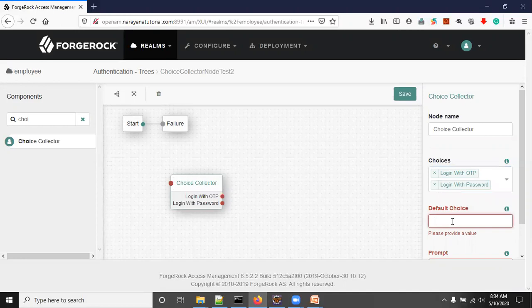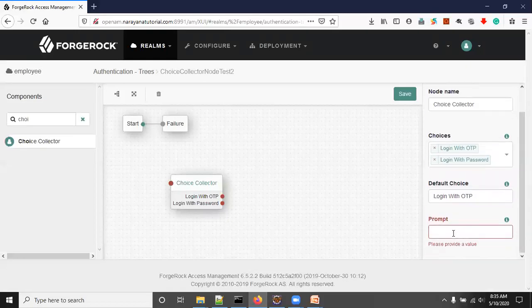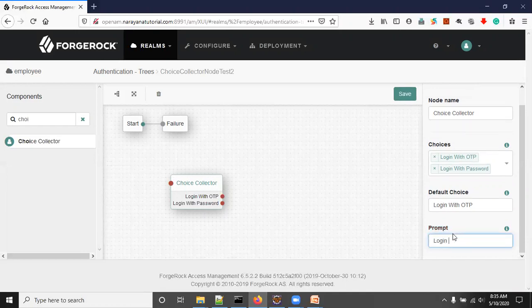Default choice means the authentication mechanism used by default if we are not selecting anything. So enter Login with OTP. This is the default authentication mechanism selected on the login page. Prompt is what is displayed on the screen to choose the options, like login with.